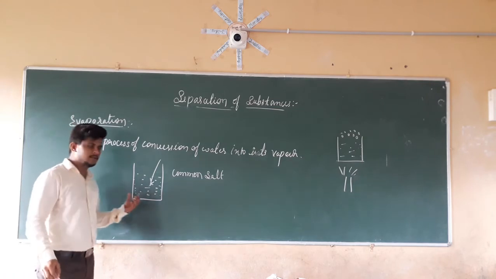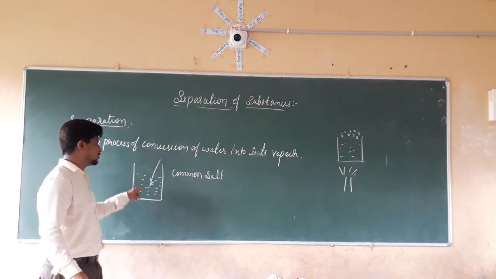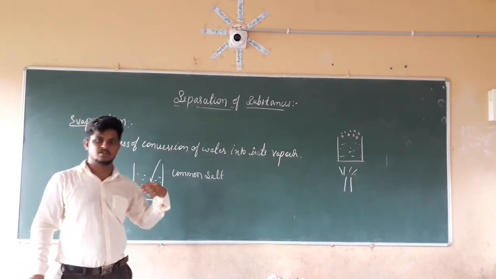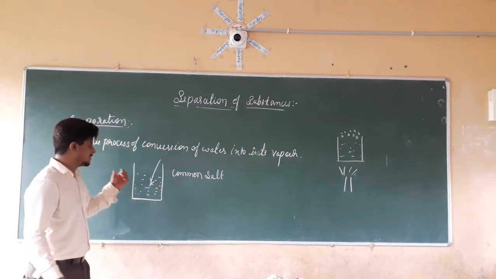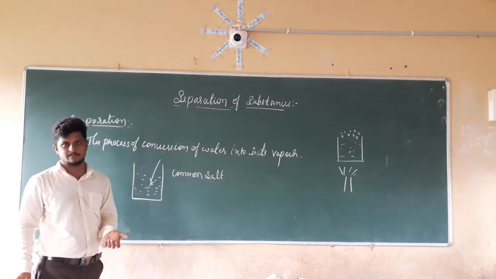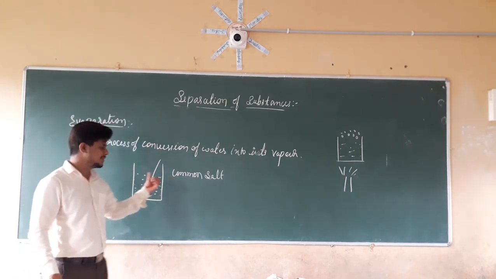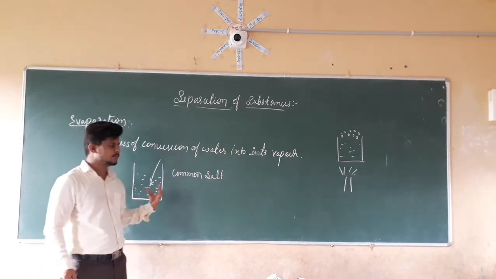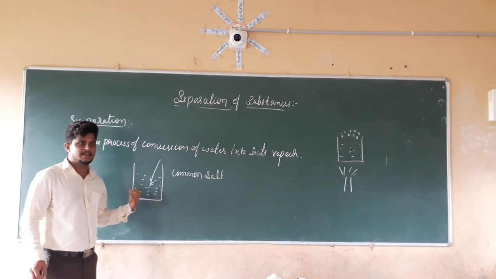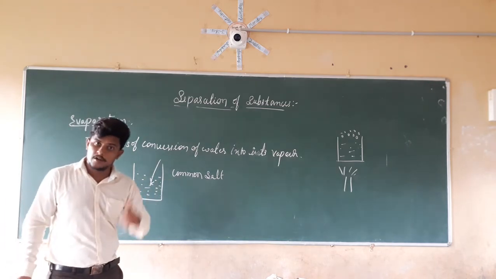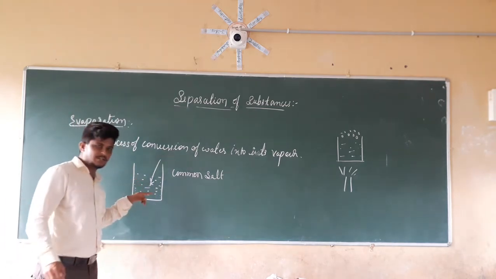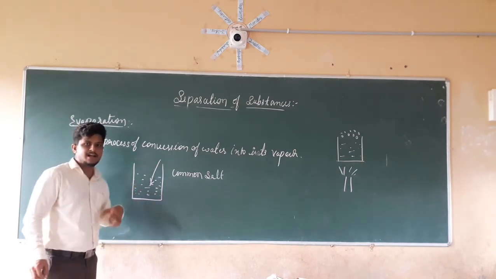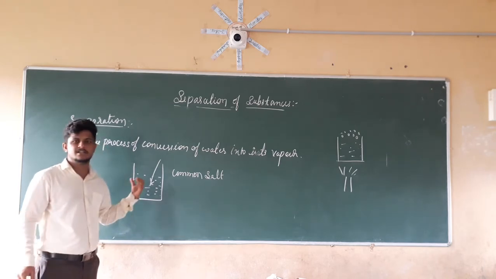So what will happen? The common salt is going to dissolve in the water. We already discussed in the last class, where we sorted materials into groups, the property known as solubility. So common salt is always soluble in water, and it completely disappears in the water. We know that we added the common salt into the water, so we have made a mixture. When you clearly see that, we can't identify which one is salt and which one is water.